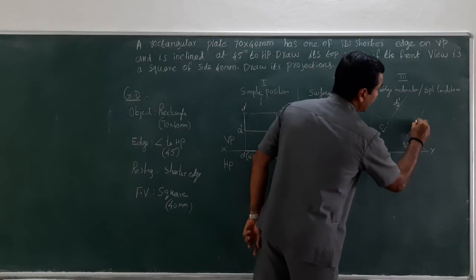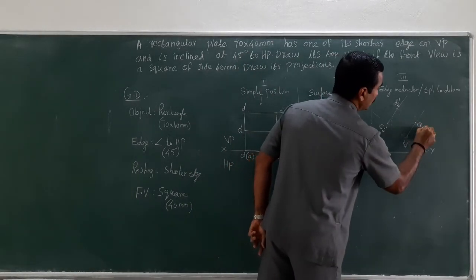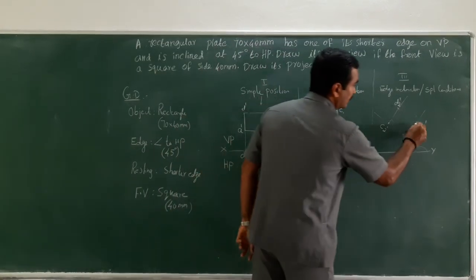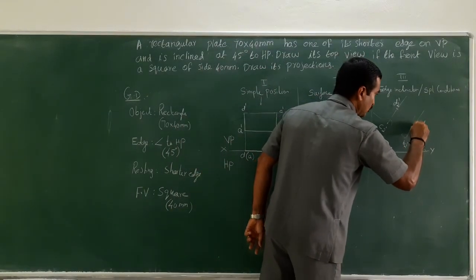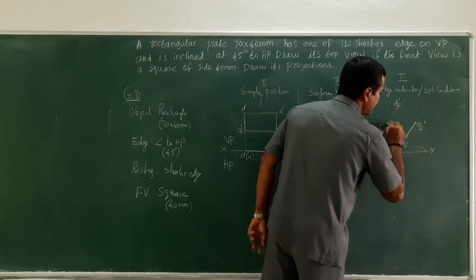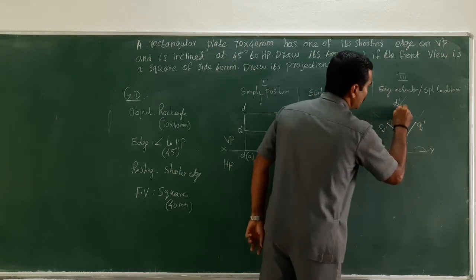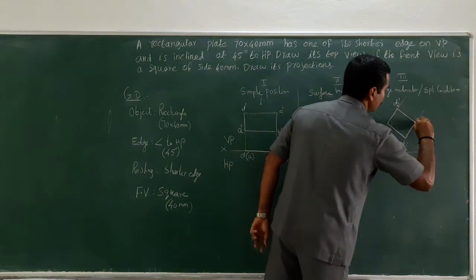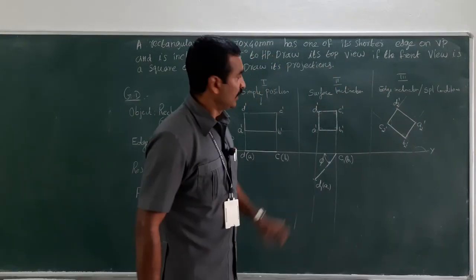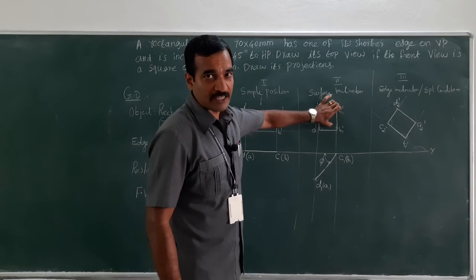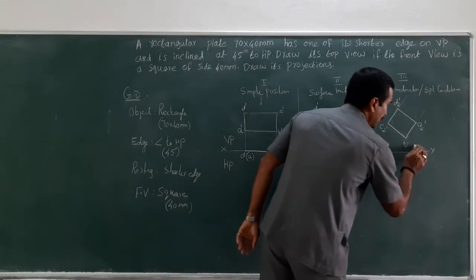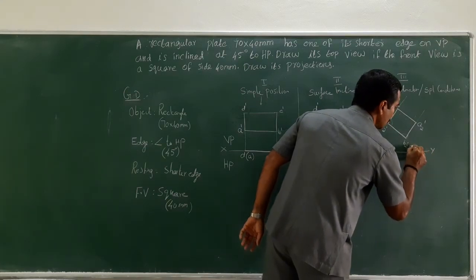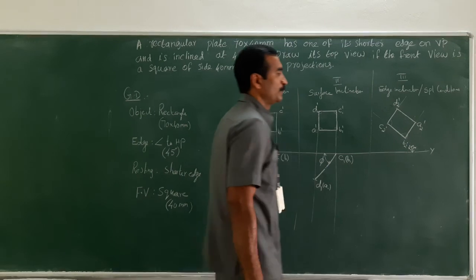Opposite of B is A, measure the distance between B and A. Keeping at B, cut an arc. This becomes A2 dash. Now, connect all the points, that is sides A to B, B to C, C to D, and D to A. Right? This particular front view has been tilted at an angle of 45 degree corresponding to HP.